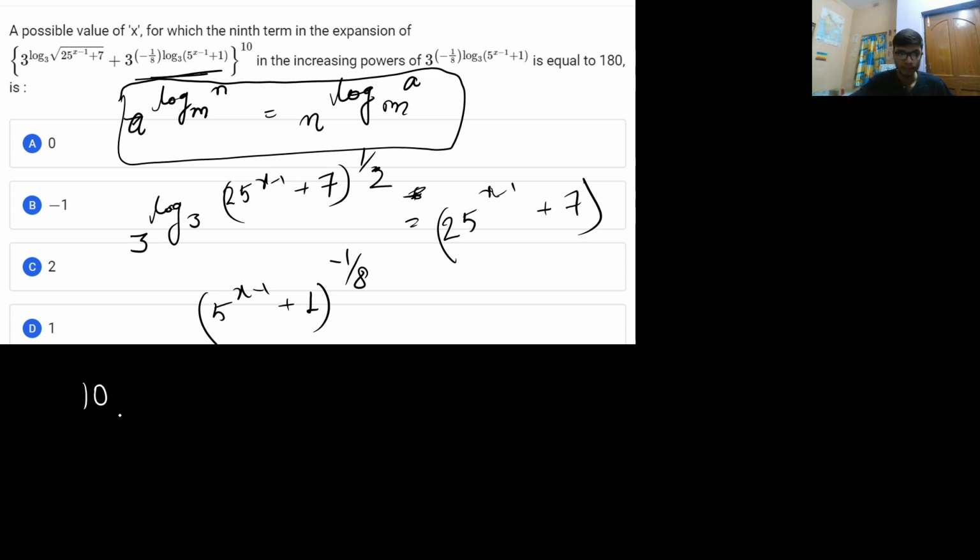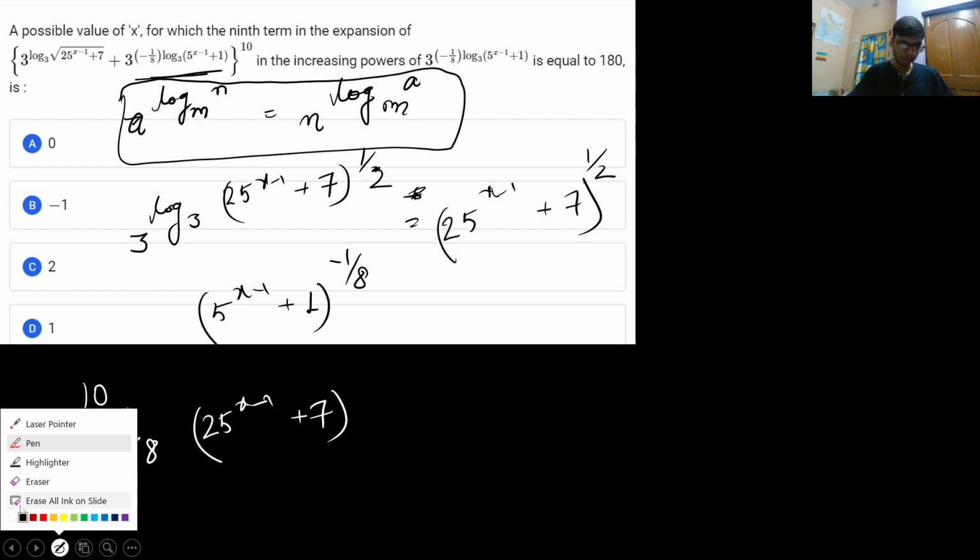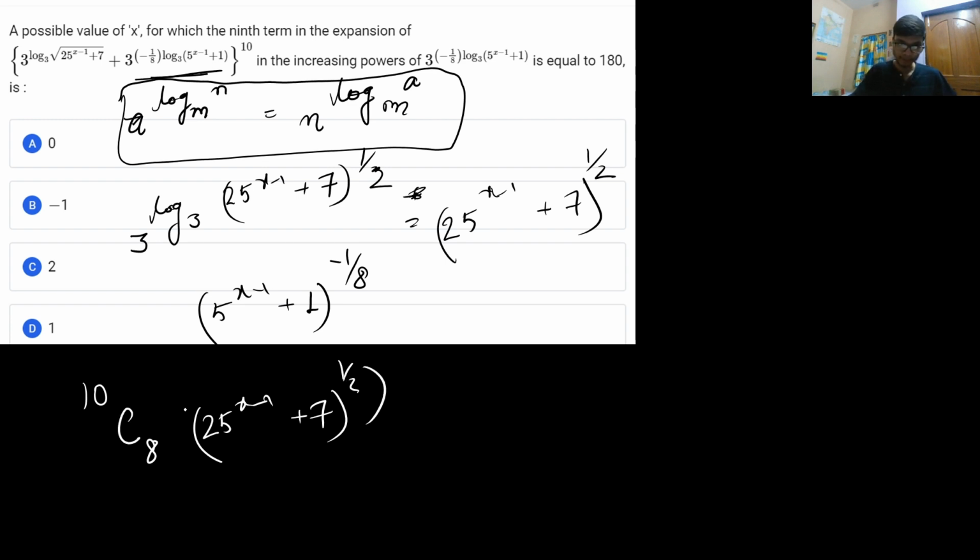So if you have to look for the 9th term, the 9th term will be 10c8, and the first term is 25 x to the power minus 1 plus 7 whole raised to the power 1 by 2. Okay, because this was 1 by 2 over here. I forgot to mention this 1 by 2. So this is whole to the power 1 by 2 whole square, and then whole square into 5 x to the power minus 1 plus 1 whole to the power minus 1 by 8 into 8, and this will yield the result as 10c2, and the 10c2 value is 10 into 9 by 2,